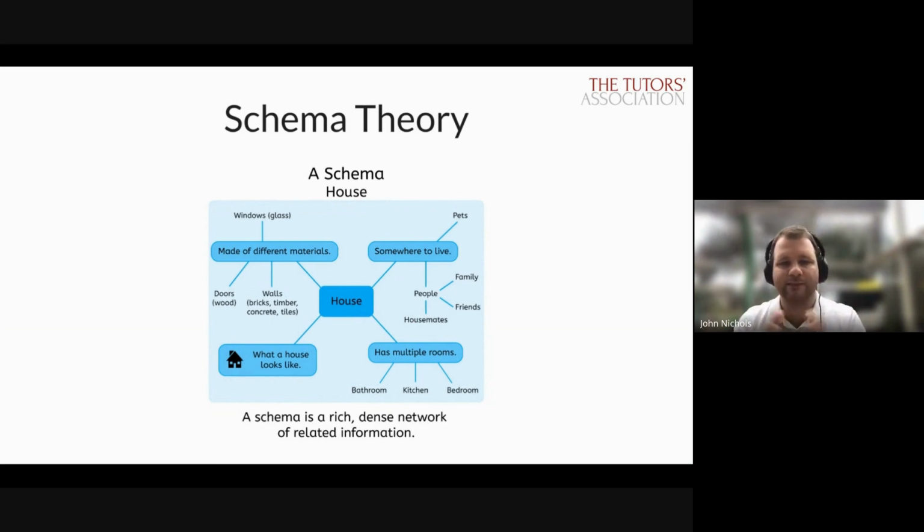So schemata, which is the plural of schema, refers to how different schemata can be linked in various different ways. So obviously, for all of the concepts which link to a house, on their own you will have some information about them. For example, you will know that windows are made of glass, and you may know something else about glass. You may know that glass is made from sand. You may have a schema that's glass on its own, a concept which you will have related information to.